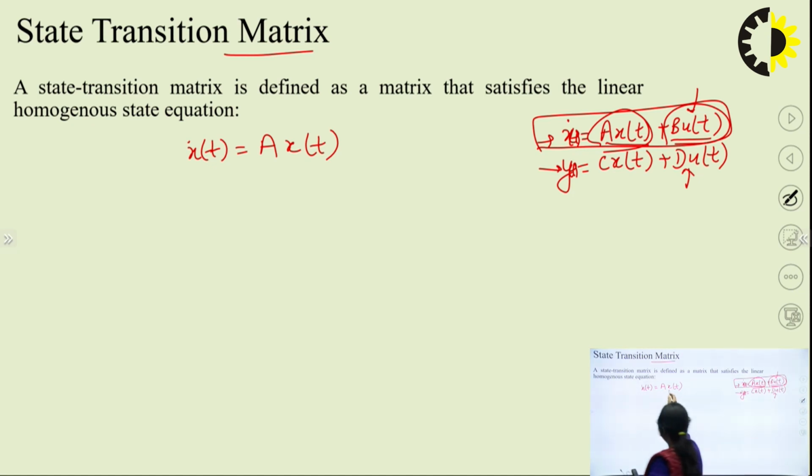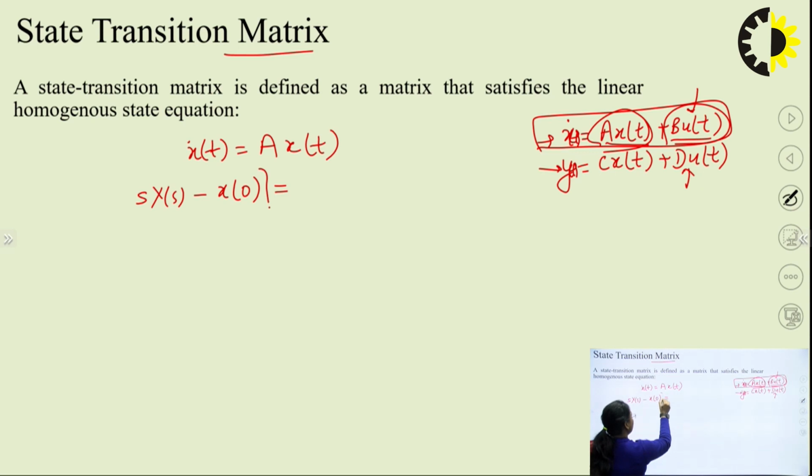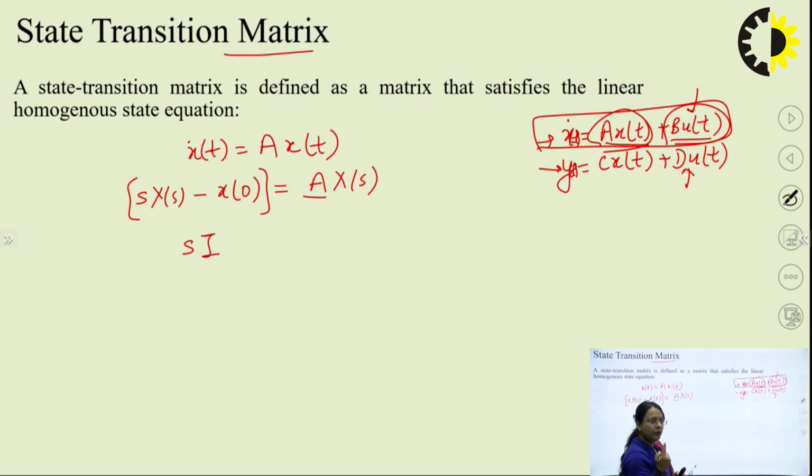Now taking the Laplace transform of the above equation, we will get s X(s) minus x0 is equal to A X(s). Since s is an operator and A is a matrix, I will multiply this s by the identity matrix, which is of the same order as the A matrix. So (sI minus A) X(s)